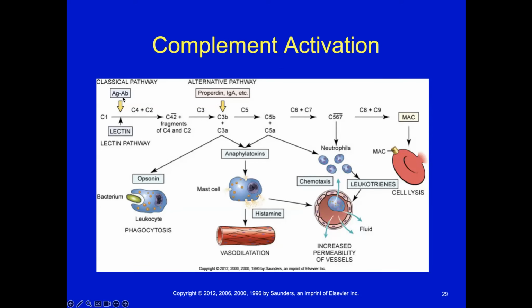So here you have a chart. You can see complement starts here at C1. There's a lot of activation and changes going on until you finally get to C8 and 9, which are involved in creating the MAC complex. If you look back a little bit here, you can see complement acting as an opsonin, coating the bacteria, which is now being engulfed by the leukocyte. Here it's stimulating mast cells, and you get vasodilation. Here it's acting as a chemokine, calling in other white blood cells. And then, as I said, we get that MAC molecule.